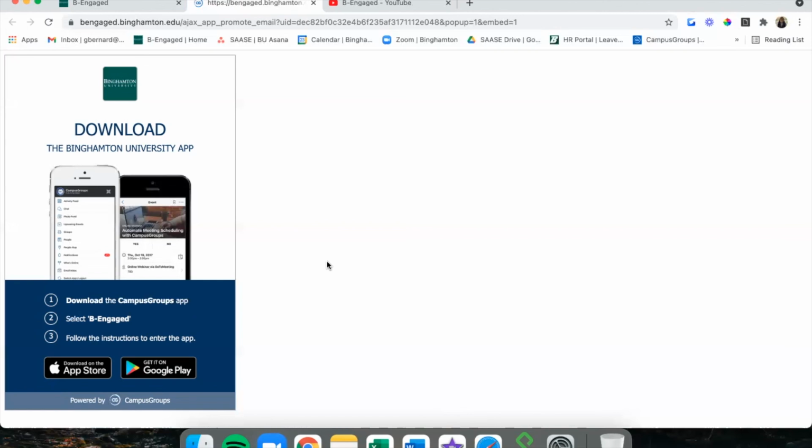And that is our list. So to run through those one more time, from 1 to 10, number 1 feature that you should be using in Be Engaged, the Campus Groups app. Number 2, event tags. Number 3, event templates. Number 4, the event kiosk QR code, or just the event kiosk in general.